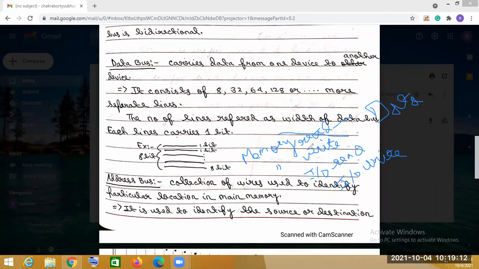There is an address present in the memory, and the data is stored there. This data is placed on the data bus, and this is performed by the memory read.